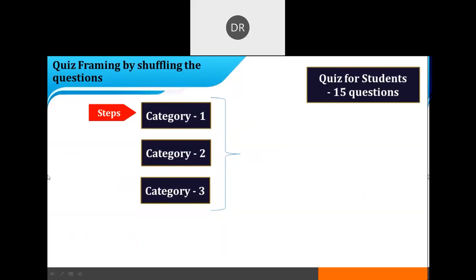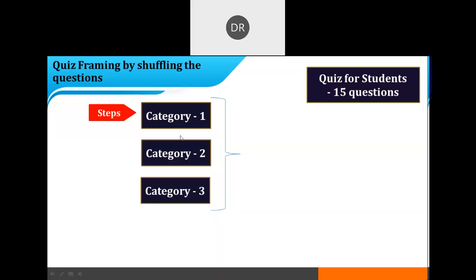Now there is one more facility. We can frame the quiz by shuffling the questions in different categories. For example, for your subject, if there are 5 or 6 units in a subject, and for the final test, if you want to frame the quiz by selecting different questions from all the units.